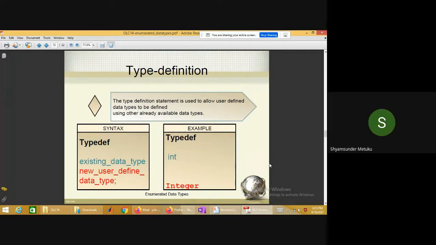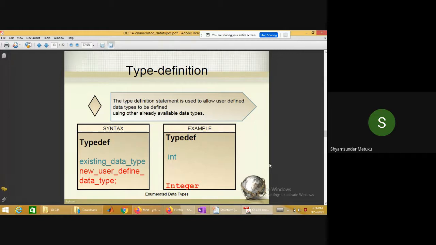Okay, so try to remember what a type definition is. Typecasting is when you change the data type of a variable to some other data type only at that particular moment, only in that particular statement. That's called typecasting. Coming to the type definition, you want to assign some other name to the standard data types. Somebody may feel int is not convenient for them to remember as an integer. So if you want to use an integer variable, simply you can use typedef. It is a small t, even though in the PPT it is given as a capital T.